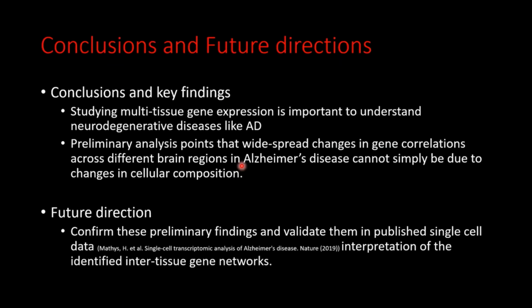Like I said before, the X percentage, the percentage of the differential correlation which can be explained by cell type frequency alone, does not explain all the differential correlation. So there are other factors in play, and now we are trying to confirm these preliminary findings